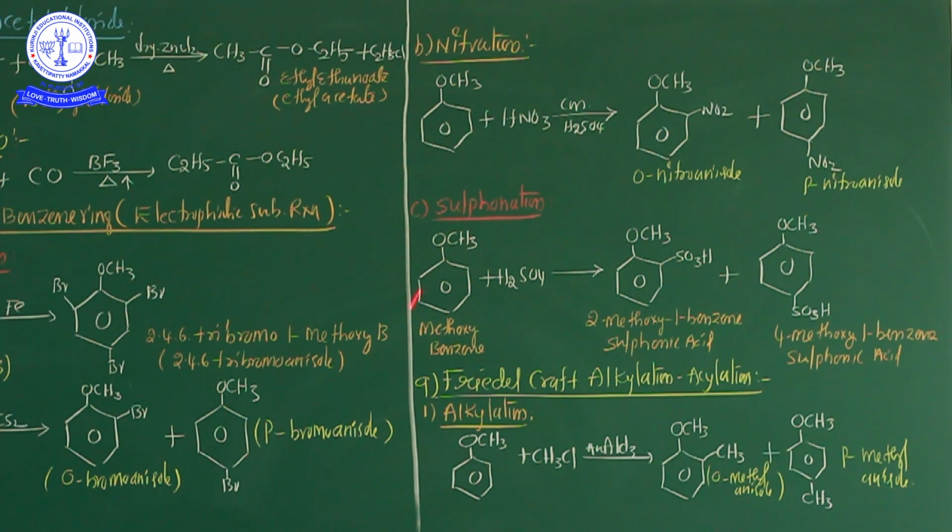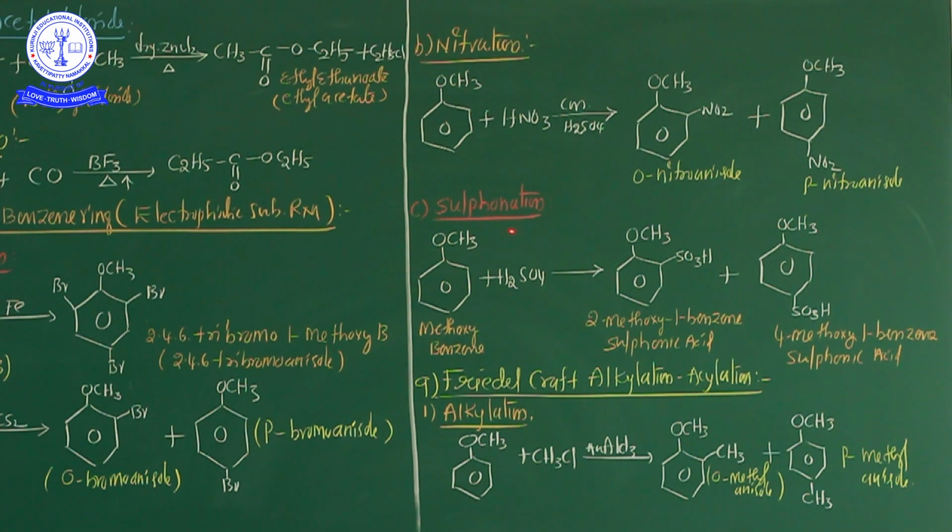para-nitroanisole. Now here, anisole is treated with sulfuric acid. What happened here? 2-methoxy-1-benzene sulfonic acid and 4-methoxy-1-benzene sulfonic acid. Two different products are released, and another name of this compound is ortho-anisole sulfonic acid. Ortho-anisole, because sulfonic acid is the senior group, that's why the first priority goes to anisole. This name is 4-methoxy-1-benzene sulfonic acid. Another name is para-anisole sulfonic acid.